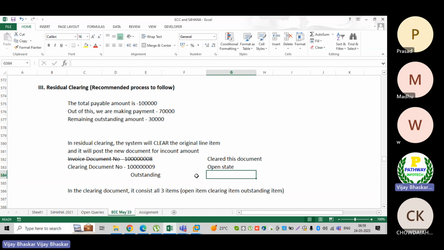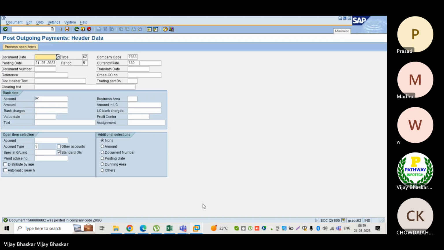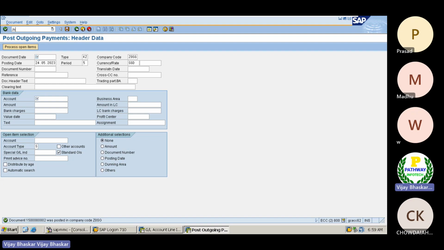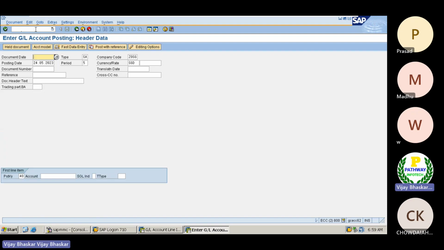Okay, then let's see how the scenario will work in the system. Let me go and post the document using F-02. I'll take the new one.